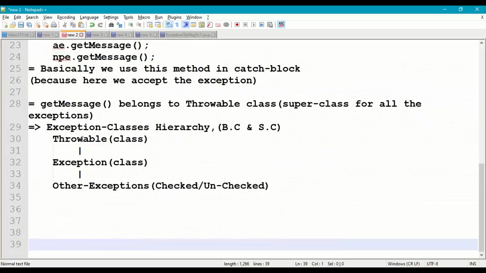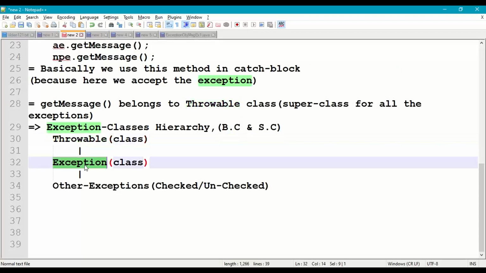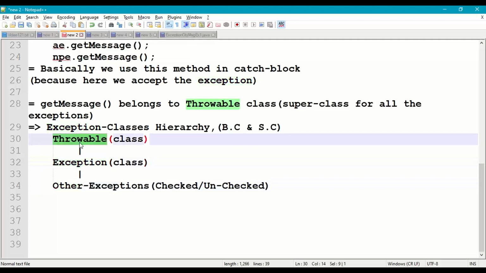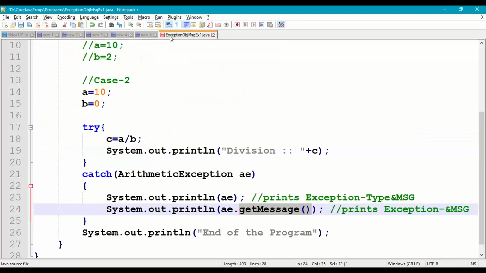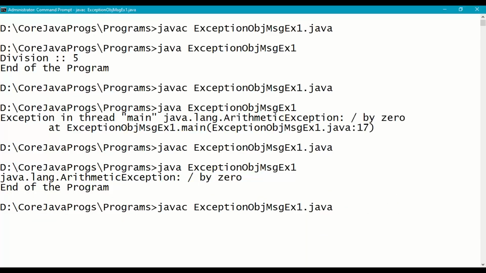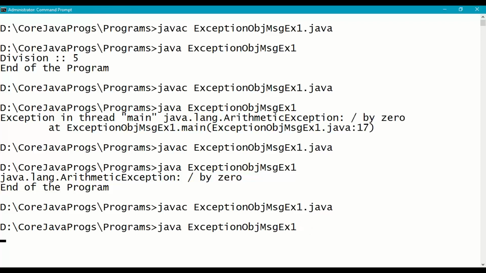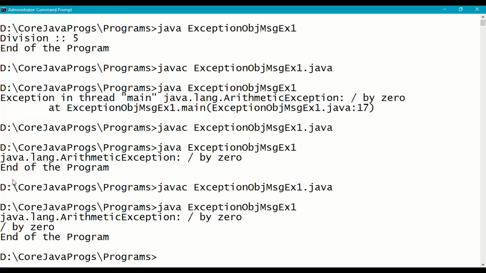From throwable class it will come to exception class, and from exception class it will come to the subclasses. So arithmetic exception is a subclass for exception class and then throwable. So we can use this through inheritance. Now it will print only exception message. Compile it and run it. We'll get only exception message, division by 0.